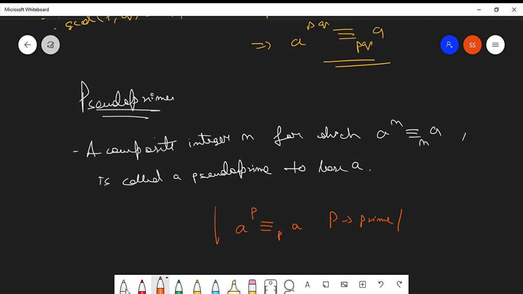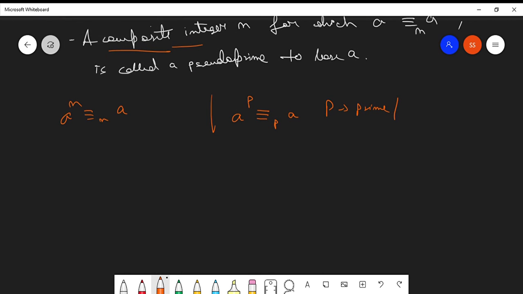Here you are getting a^n ≡ a (mod n), where n is a composite integer. That means n is not prime. Okay, n is not prime. So I'm writing it down here that n is not prime,